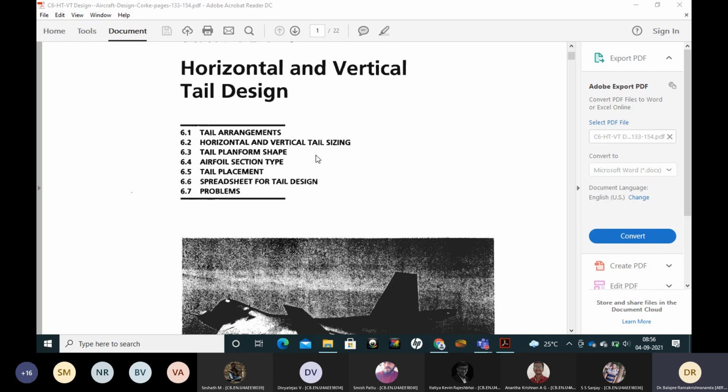we go to horizontal and vertical tail sizing. Tail sizing means what should be the tail area, and at what length it should be from the aerodynamic center. You have the mean aerodynamic chord taken earlier. The quarter chord of that should be the approximate aerodynamic center of the whole airplane. So how far is the tail aerodynamic center from that location? You have